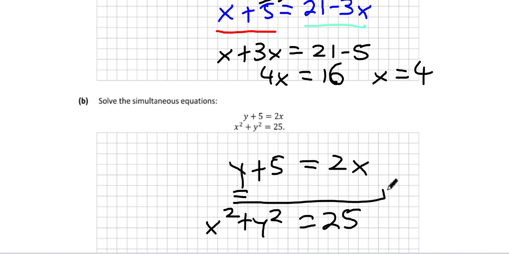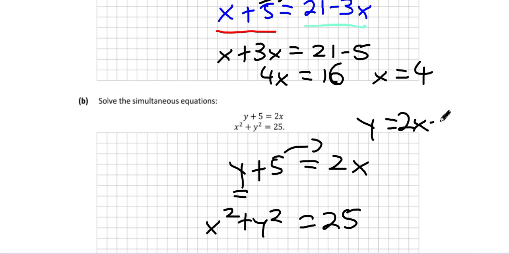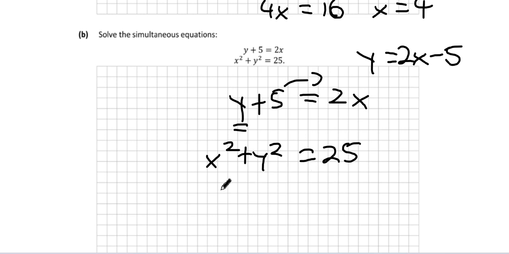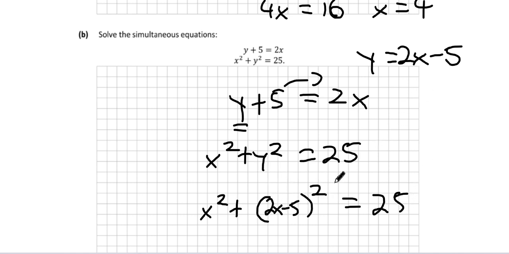Is y on its own in the top equation? Yeah. Well, is the 5 not with it? Oh yeah. So what are you going to do with the 5? Bring it over. And what you get? Minus 5. So 2x minus 5. Now guess what you're going to do in the new equation? Anywhere you see y, what are you going to do? Replace y with 2x minus 5. And if you stop there, you're